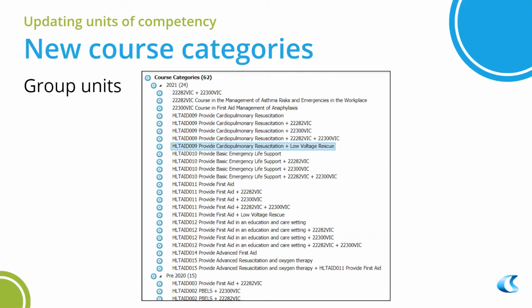Because the other thing you can do as well is, when you go in to see how this course category has this top level, it's got 2021, and then it's got all these units underneath it. You can actually edit this top level, this 2021. You click on the cog and click edit, and you can tick a box that says